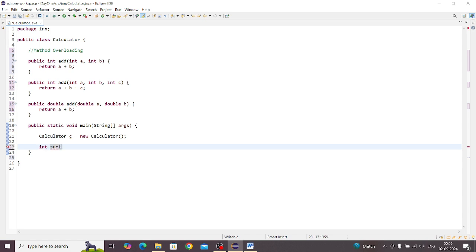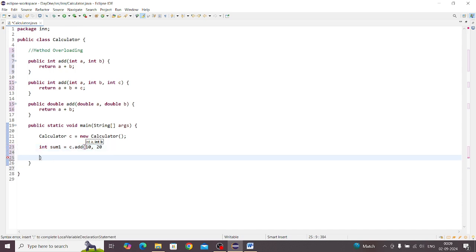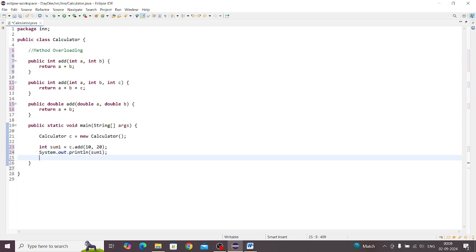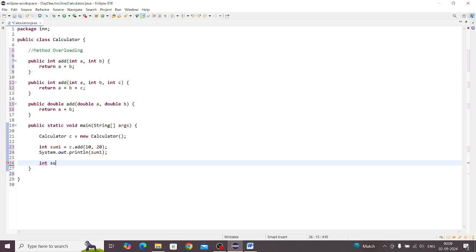First, for the sum 1, which is c dot add for the ints 10, 20. This is the first sum 1, and we are going to the sum 2, which is c dot